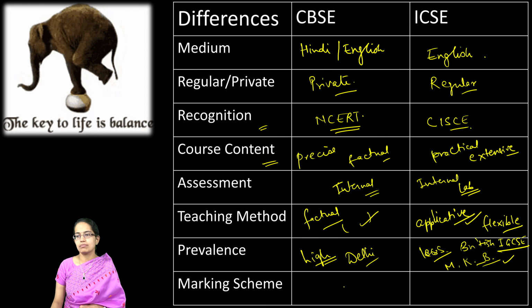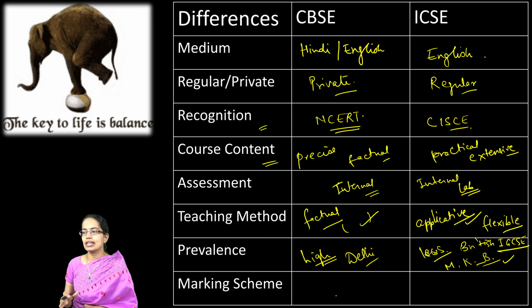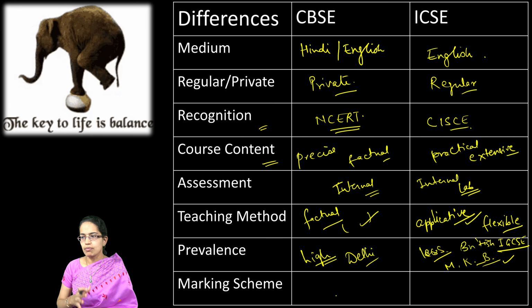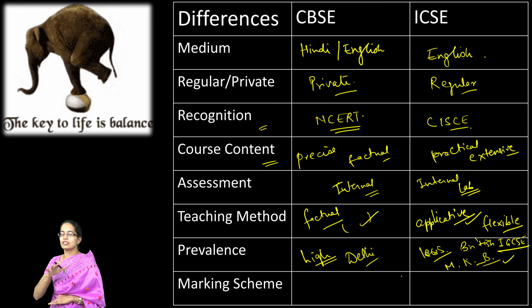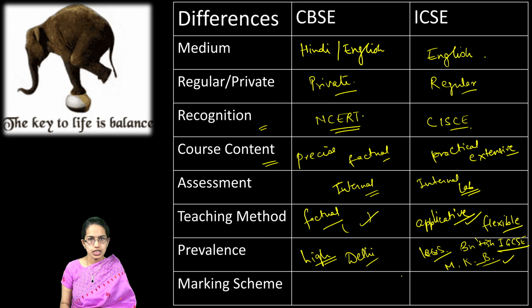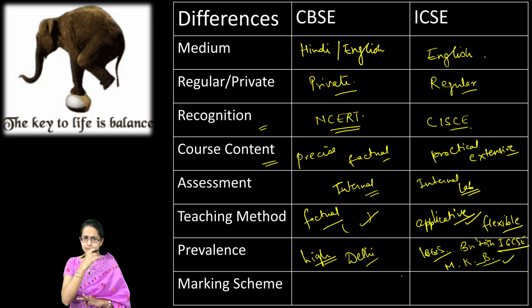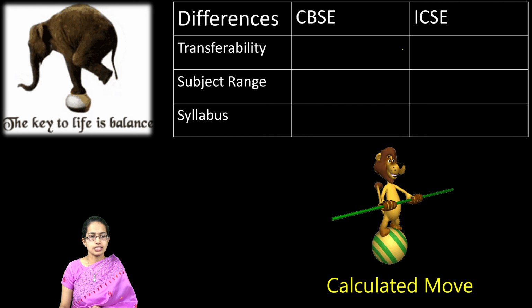Now, marking scheme. When it comes to marking scheme, you have internal assessment as well as external assessment that we have seen. But the marking scheme varies with the subject. For some of the group 3 subjects in case of ICSE, you have 50% weightage for externals and 50% weightage for internals. However, for CBSE, most of them have 20% weightage. Also, you have the grade points that are given, and this is now in terms of the percentage marks for ICSE. However, CBSE of recent has changed its pattern.